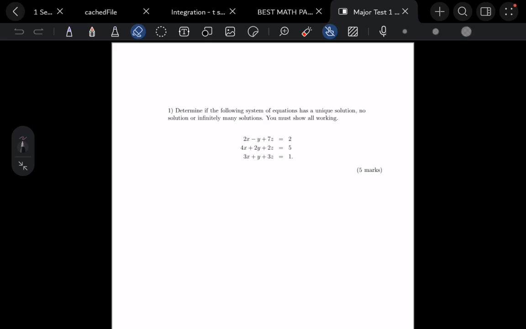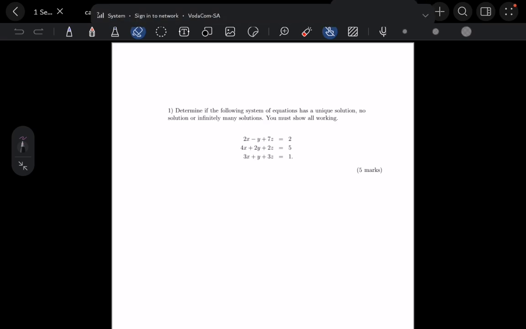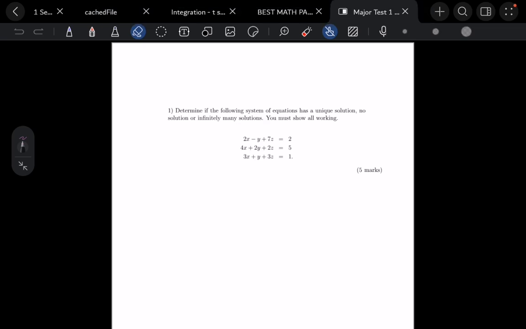Before we proceed to Major 2, let us start answering this question together. I will be fast. What I will need you to do is pay attention to how the things are done, not actually how the things are calculated. So, the first question for 5 marks,